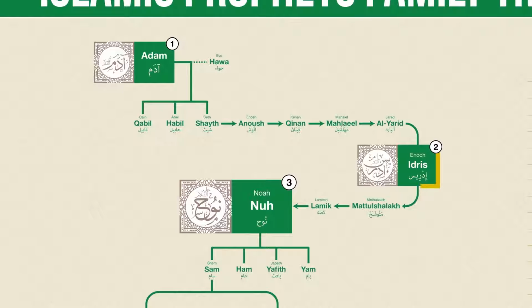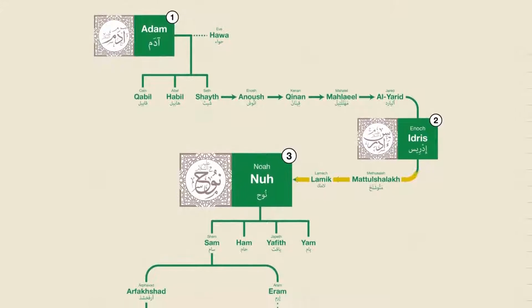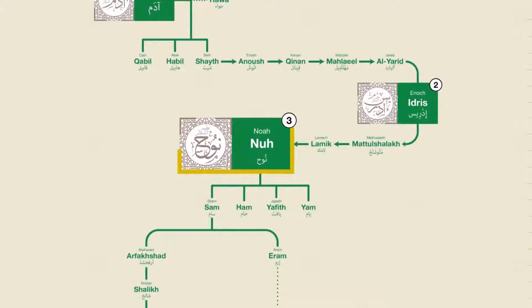The next major prophet in Islam is Idris, and he's generally seen as being the equivalent of the biblical Enoch. In fact, all of the names from Shaith to Idris, as well as beyond, pretty much match up with the names given in the Hebrew Bible. The spelling, which is based on Arabic, is just a little bit different. According to Islamic tradition, Idris was the first human to use a pen and the first to pursue astronomy and other sciences. He was also the great-grandfather of Nuh, better known in the West as Noah.